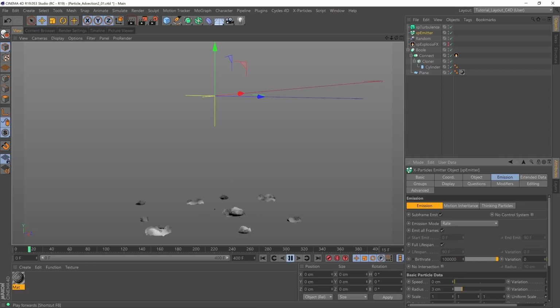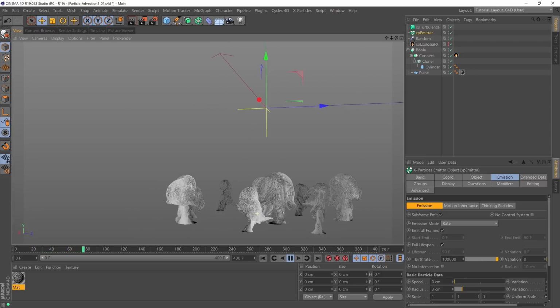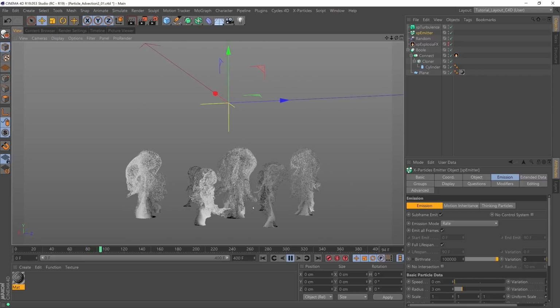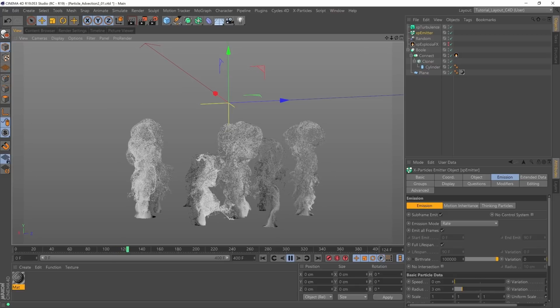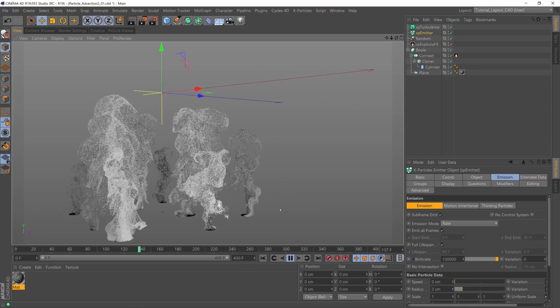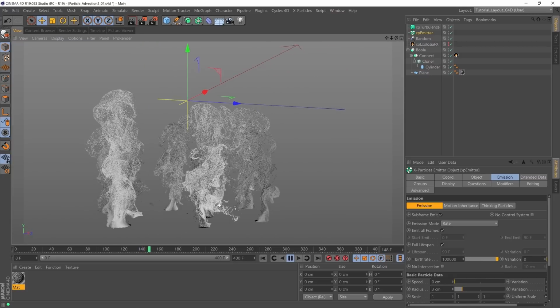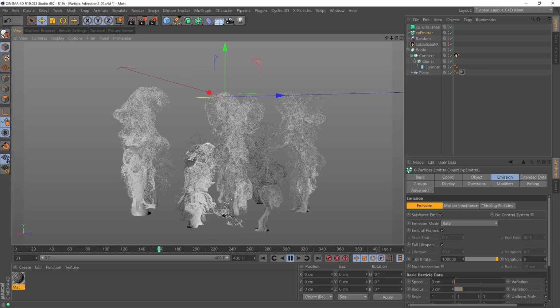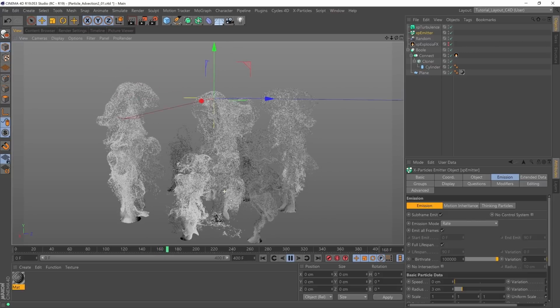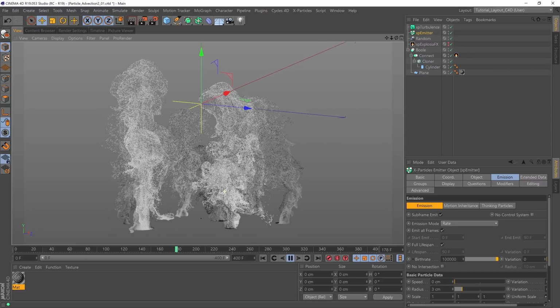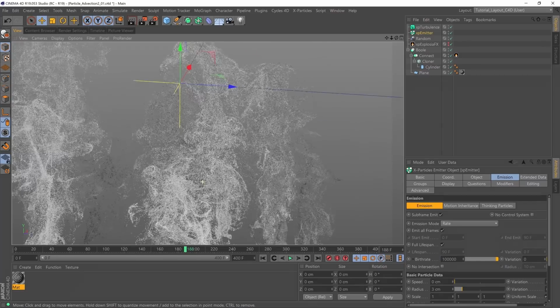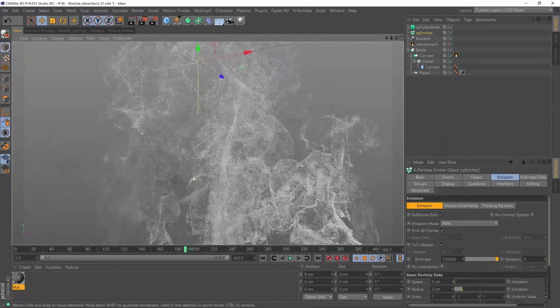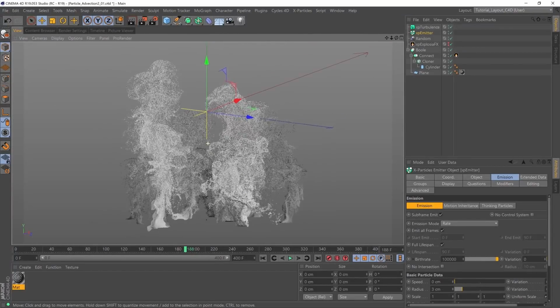Let's have a look at this one. So loads more particles now. And we're kind of getting an idea of how this is going to look once it's rendered nicely. We've got some nice color variation, which we're going to use in cycles to help us render. And I think that's looking good. All right. So that's good. So what we need to do now is we're going to set up a cache for this,